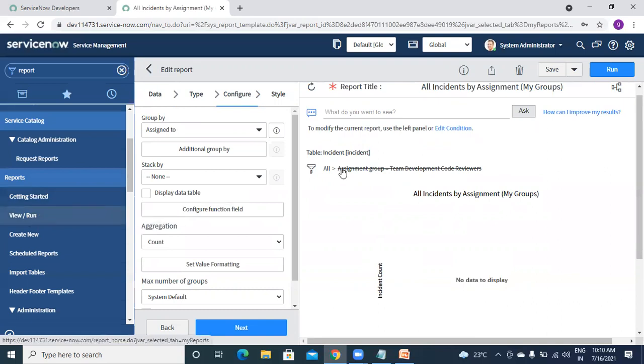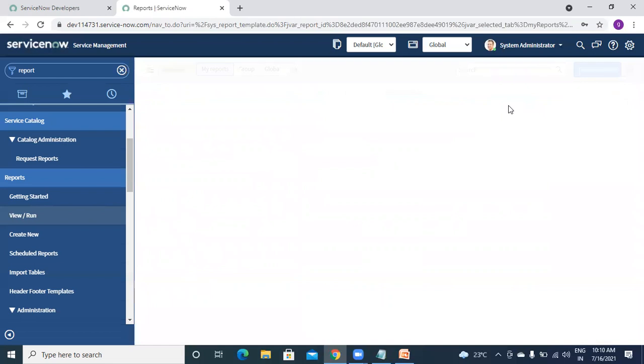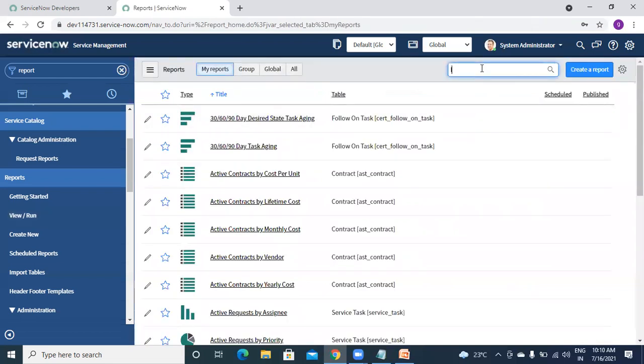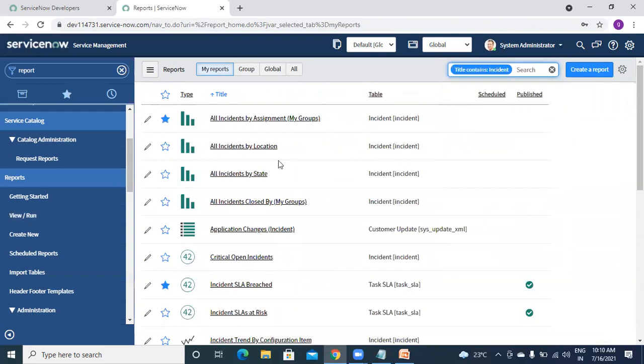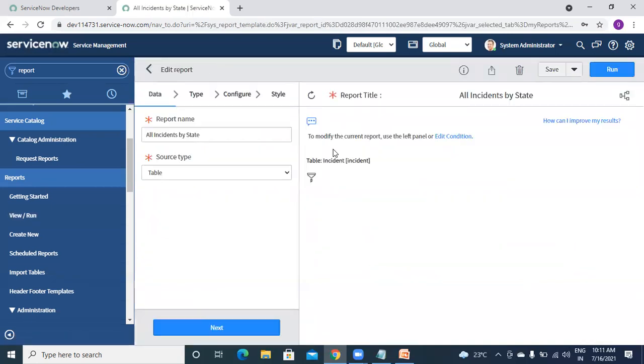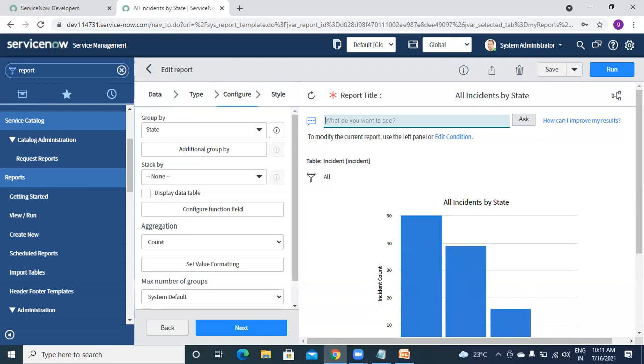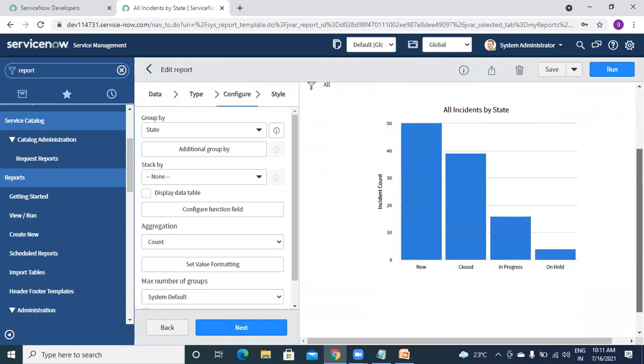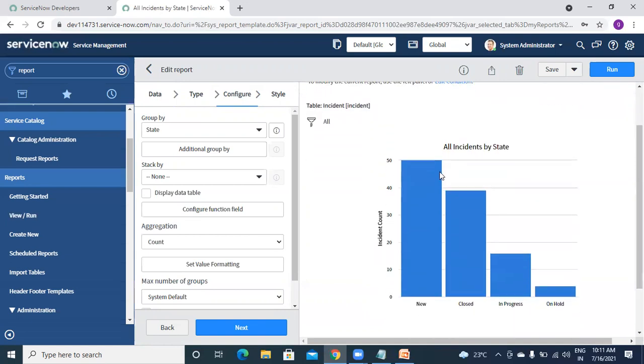Okay, actually they have one particular group which we don't have or existing here. Let me open one more thing which has some data. Incident. This one, all incidents by state. Okay, so this is how a report will be visible in your system. You will not see all this part. You will just see from here to this one, the blue bars and these lines. So here you can see these are all the incidents by state.